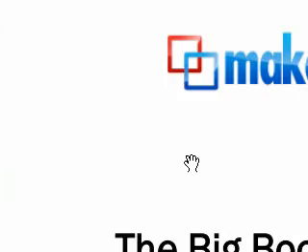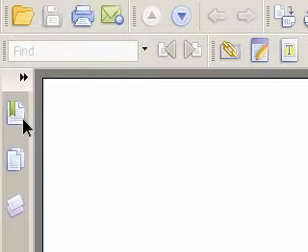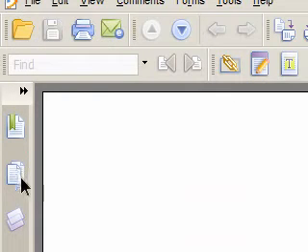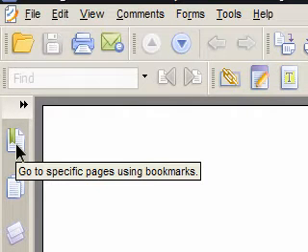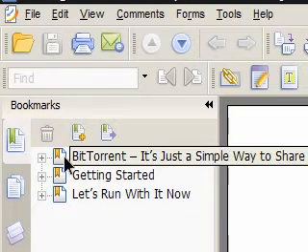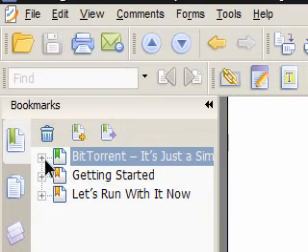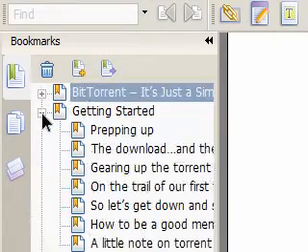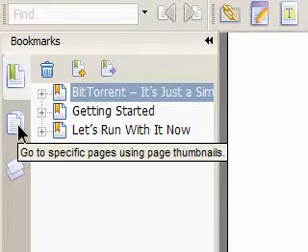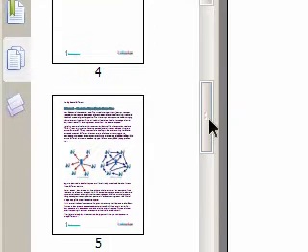So in the left column here, there are some options in a taskbar. If I click the first one, it gives me a tree structure of my file. First the BitTorrent, and if I click plus it gives me everything chapter-wise. If I click the second option, it highlights the area of the section I am in right now.